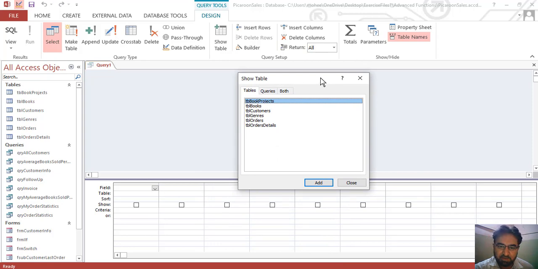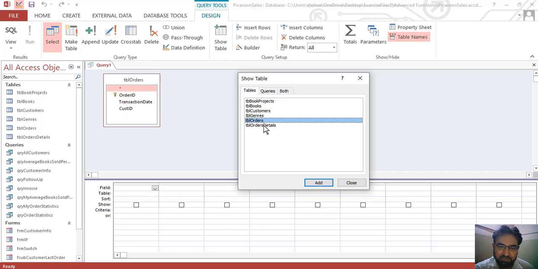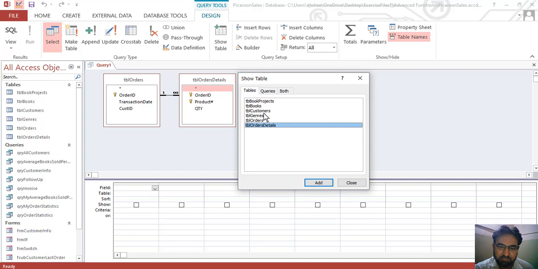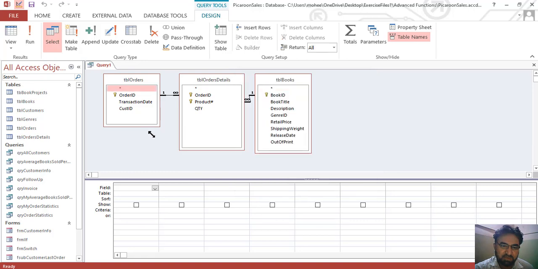These are the tables. Since we would like to practice on the order dates, I'm going to add TBL order, TBL order detail, and TBL books. With these added, these are the three tables that we are going to work on.